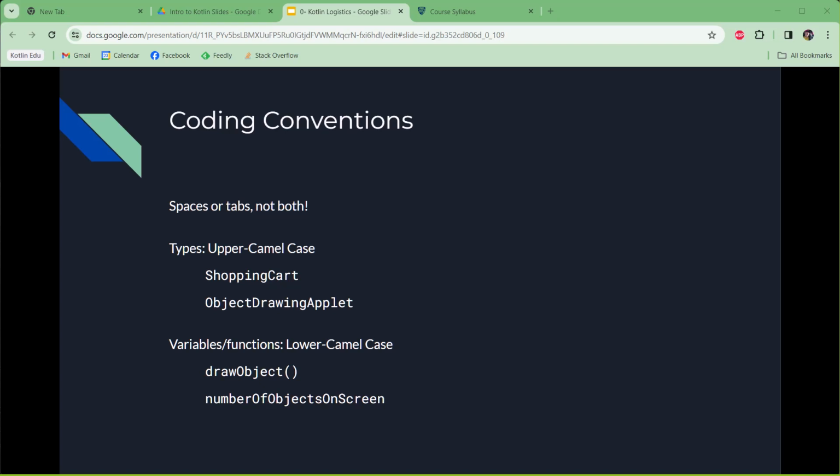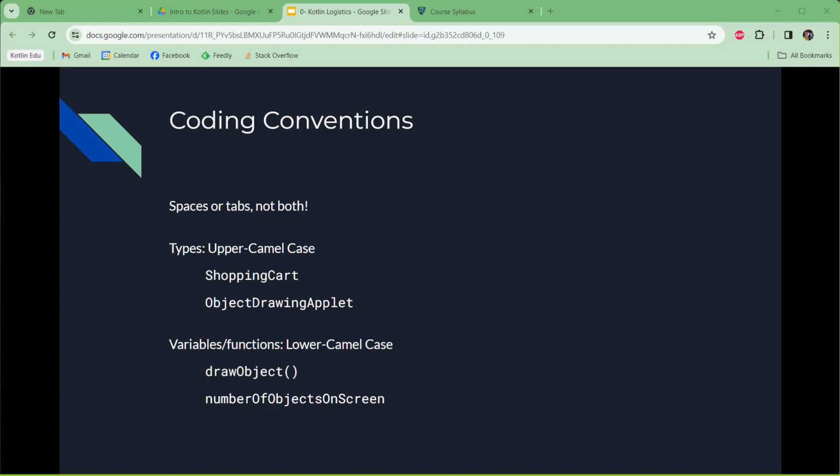So looking at the coding conventions, first thing is going to be leading indentation. Either choose spaces for all your leading indentation or choose tabs for your leading indentation. It's up to you. As long as you're consistent, I'll be able to read your code. That'll be fine. Please don't mix them, because then if my tab settings are different than your tab settings, it's